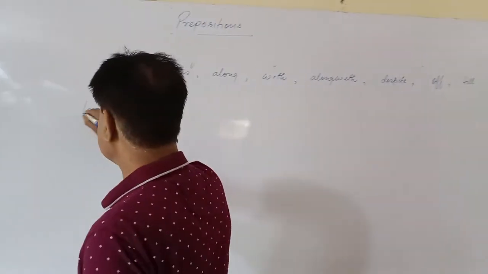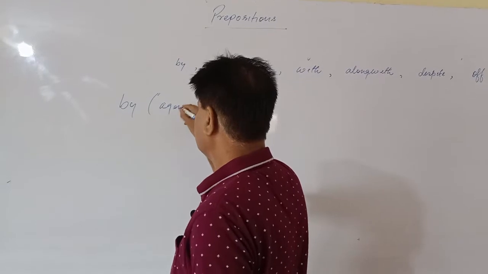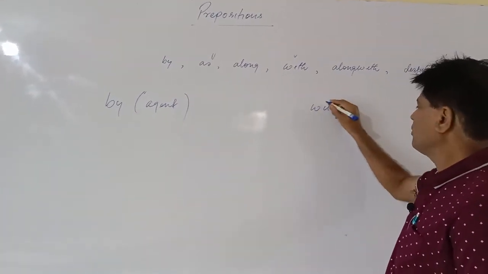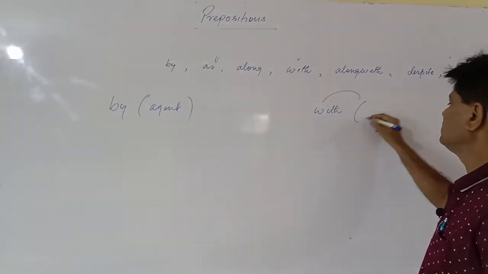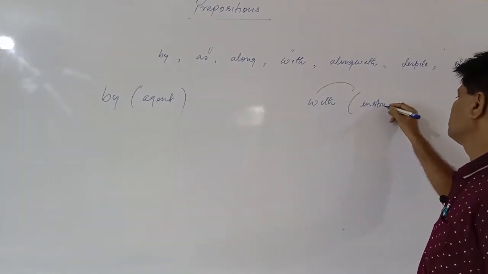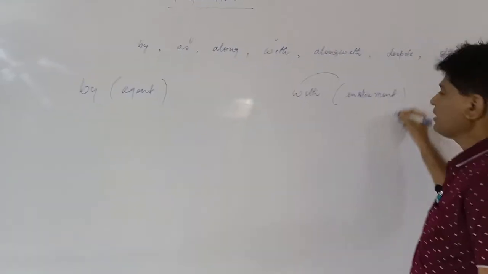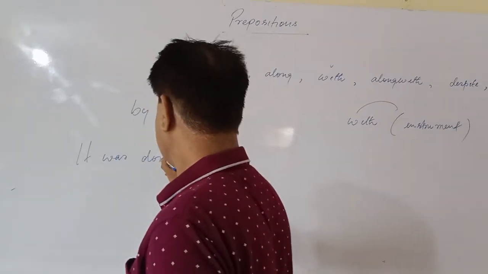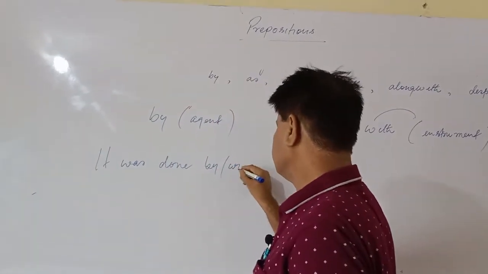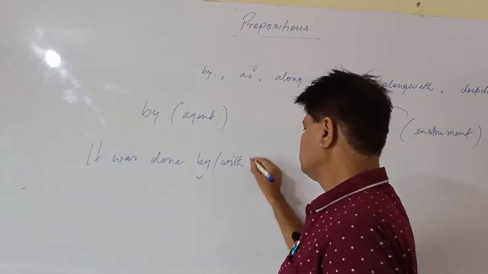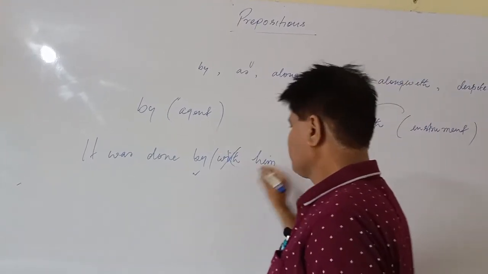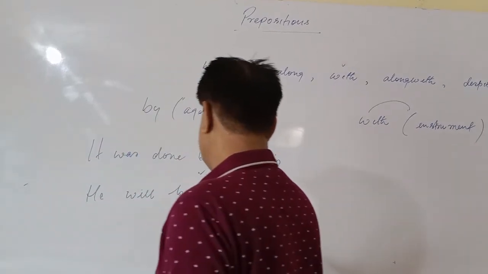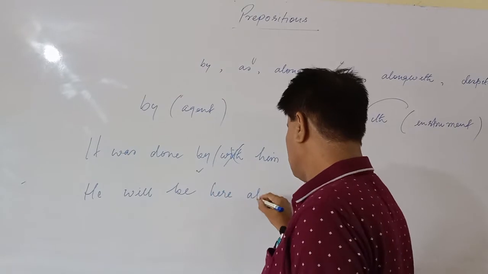By is used in the case of an agent, a person, and with is used when it is not an agent, right? An instrument. Giving examples, it was done by him, not with him, by him. In the case of "he will be here at, not by